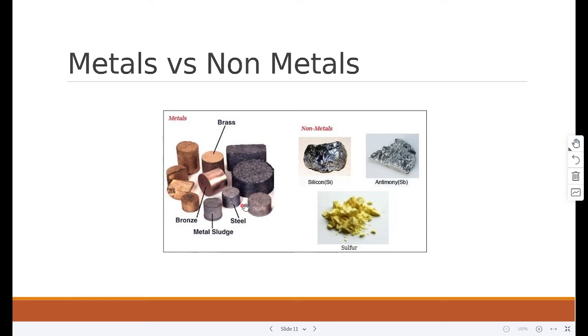Also, metals tend to be shiny, while non-metals are usually dull and non-reflective. Metals have high density and high melting points, while non-metals do not have high density; they have low densities and low melting points. So, non-metals form negative ions through electron gain, and they form acidic oxides, while metals form positive ions through electron loss and they form basic oxides.